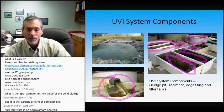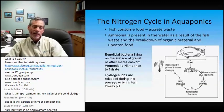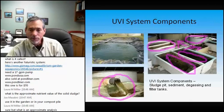The nutrient value is an interesting one. I'll send you some, or I have some data on our final product. And what we do with it, let me go ahead and answer that right now. So what we do with our sludge, let me back up a little bit. What we do with our solids